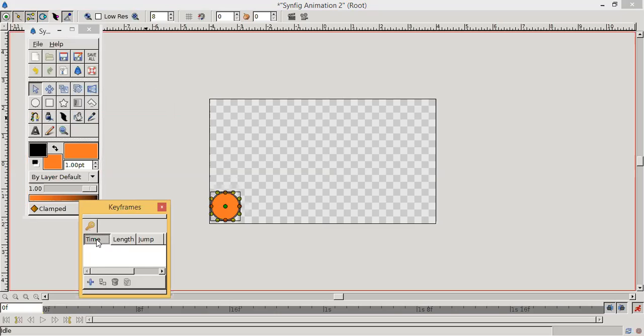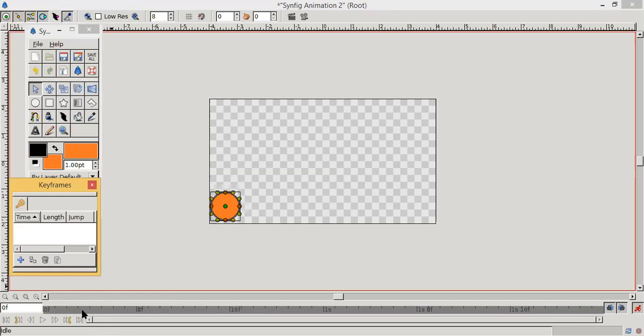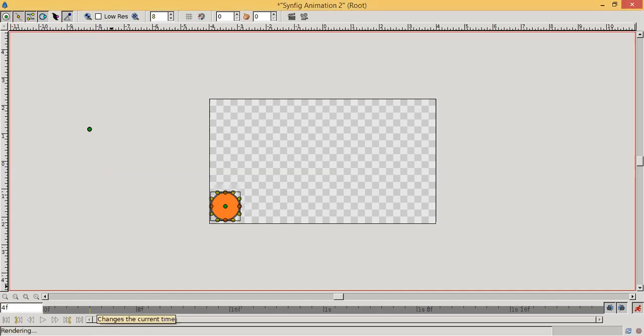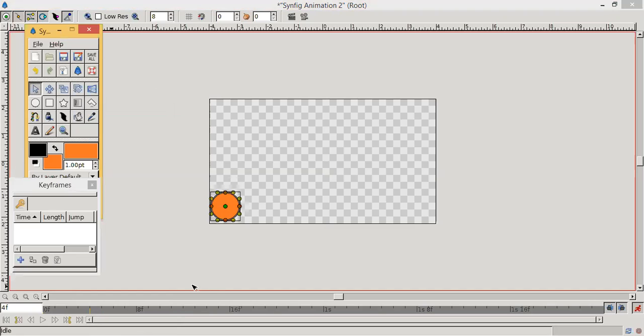Now we will add a new keyframe. We will click here. We will move the circle.